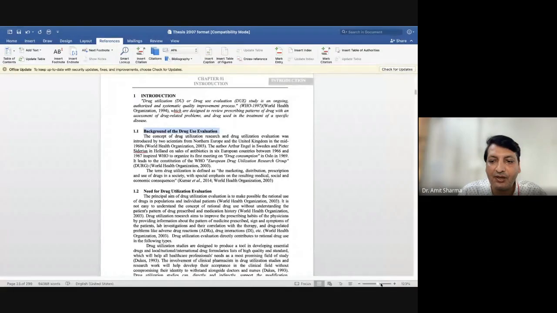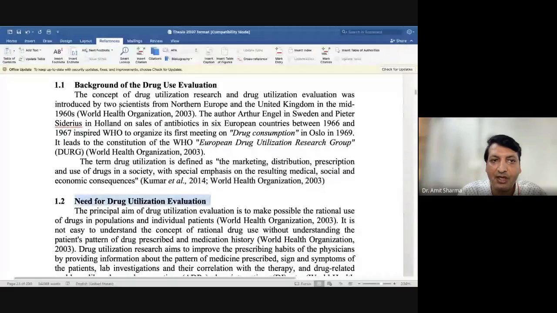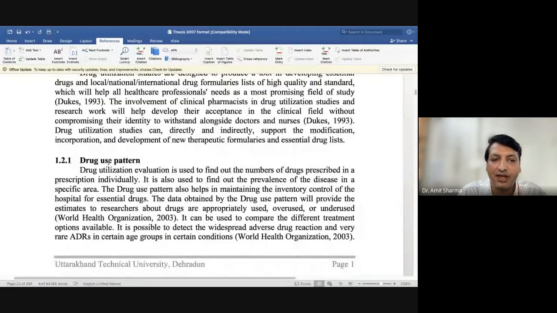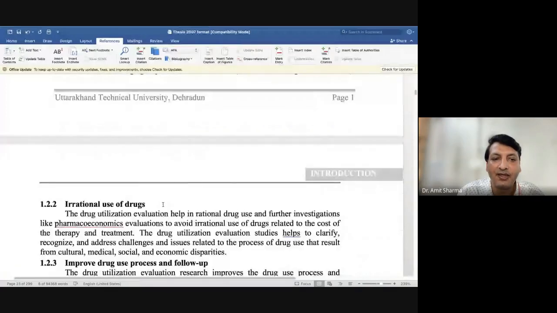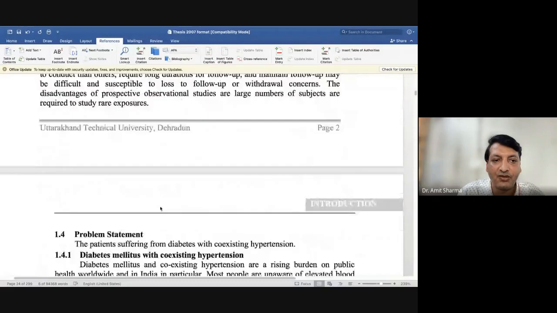Make sure the need of your project, the need of the study, is added. Then, if there is a classification of something, you should add the classification of that.